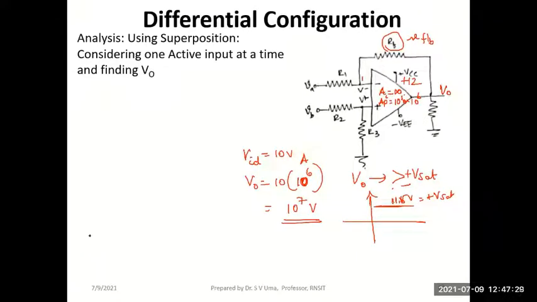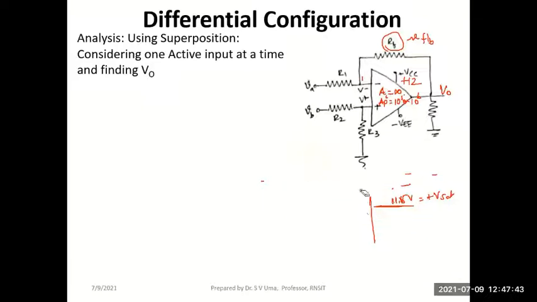Okay, so let's try to derive an expression for the output voltage. Here also we'll be making use of the superposition theorem. According to the superposition theorem, we can consider one input to be active at a time and the other grounded, and we'll find the output voltage because of that input, and later on we will add both. Though we analyze one at a time, both signals are always active together. So we will add up both. What is the effect of both at the output?